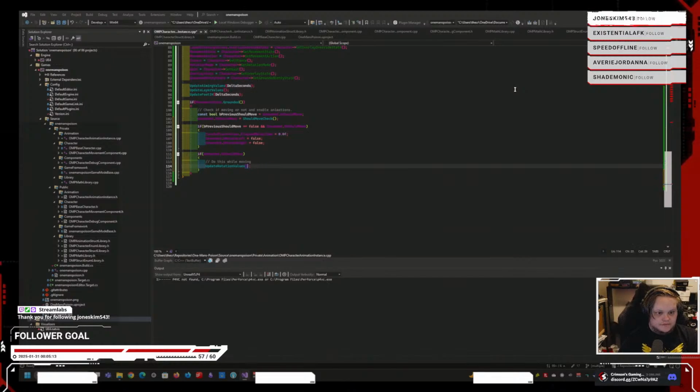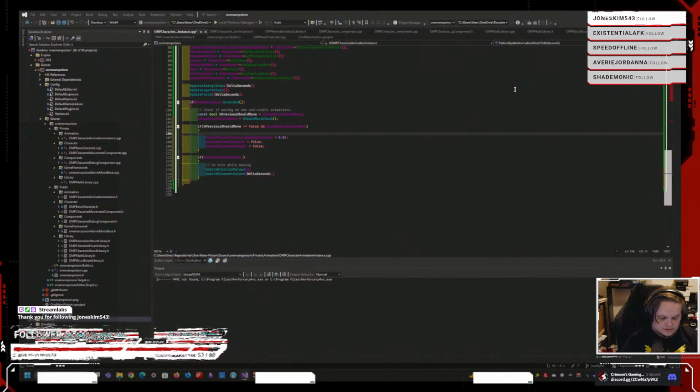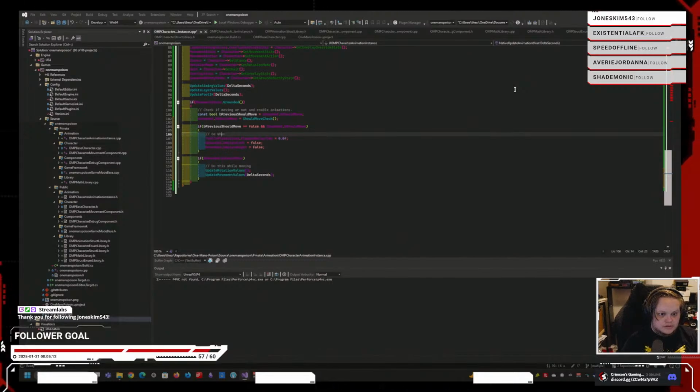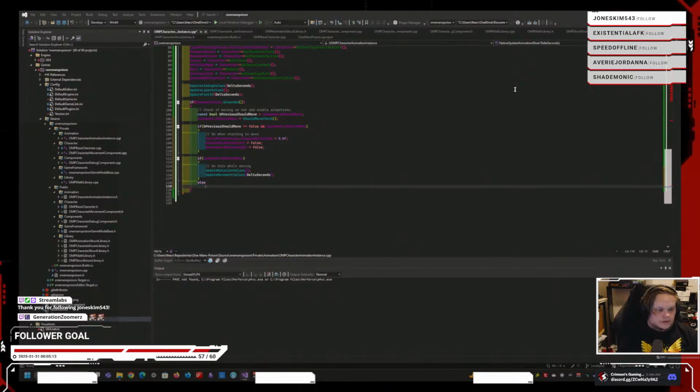We just need to update rotation values and update movement values delta seconds. And this is when starting to move. Else